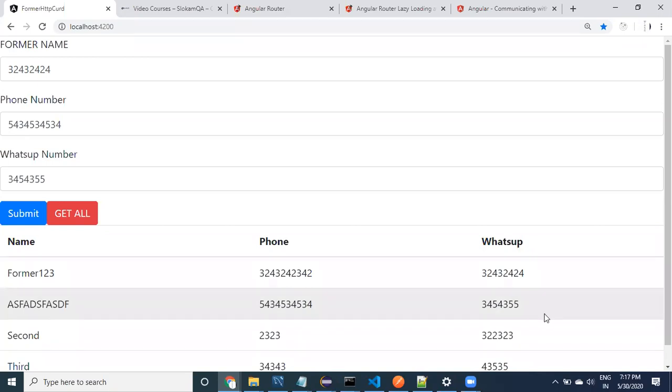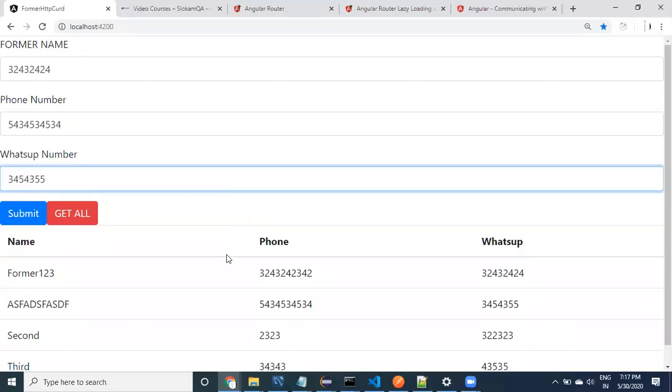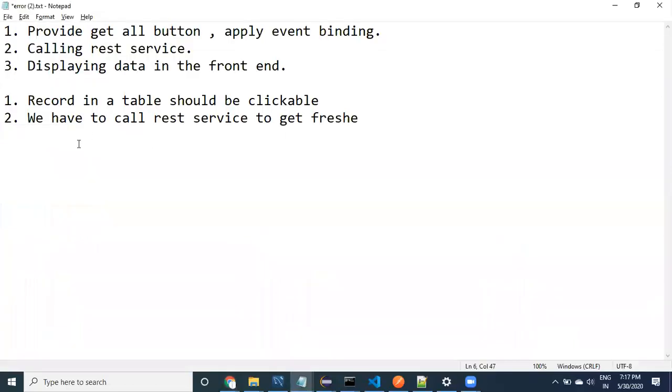While retrieving the data, we are displaying and then printing, fine. While we are doing something in the front end, meanwhile some other person may go to the database, or in another approach the data got modified, which means we need to get fresh data. I don't want this old data. I don't want to get this data and then copy paste it here. I really want to go to the backend. To go to the backend, we have to call the REST service to get fresh farmer data.